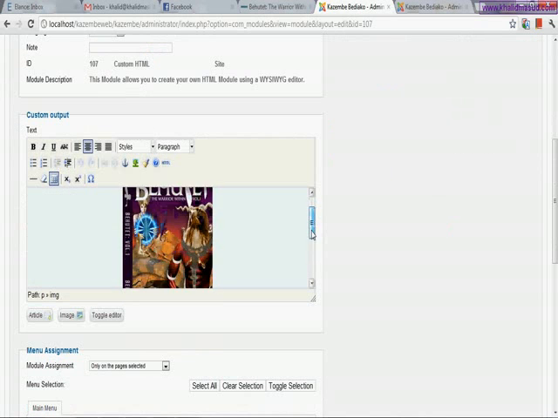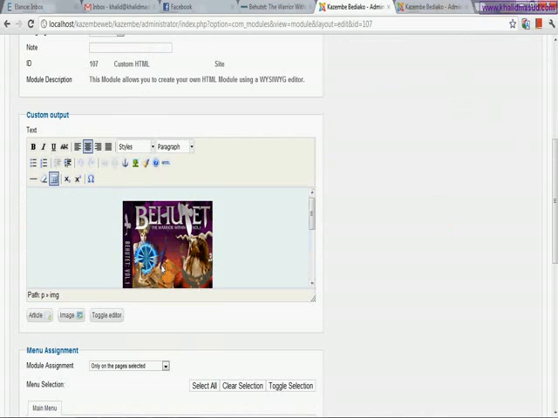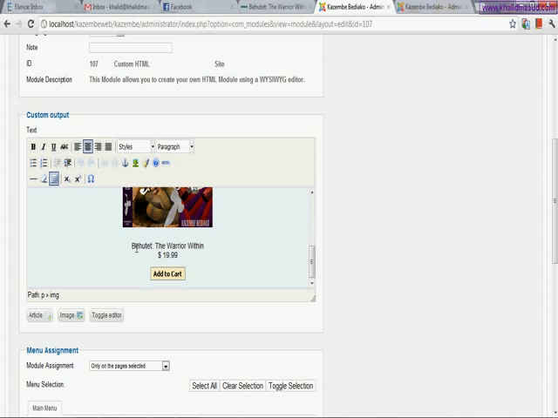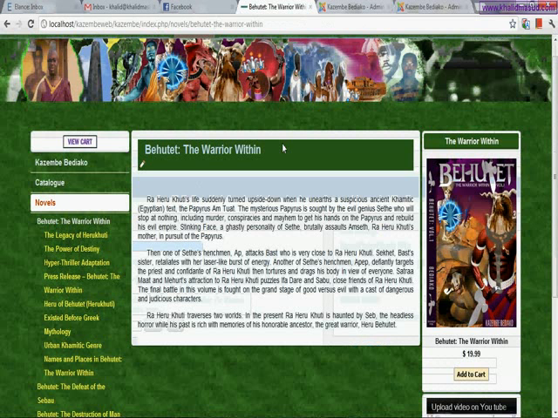Now you can see that this book title, the text written below and the button appear exactly like they appear on the main page of our website.